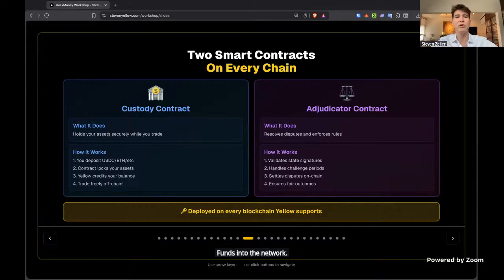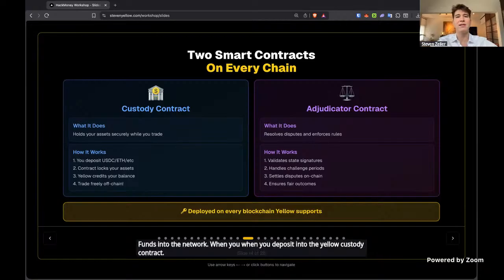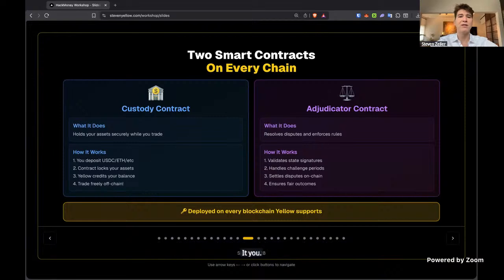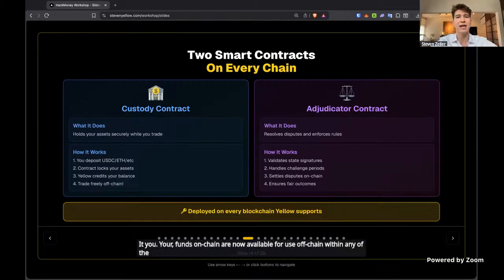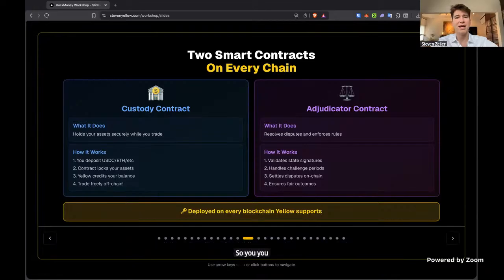When you deposit into the Yellow custody contract, your funds on chain are now available for use off chain within any of the applications on the Yellow network. It's different from depositing your funds in an exchange like Binance, where you just give them your funds.